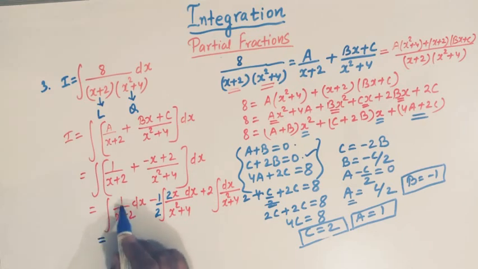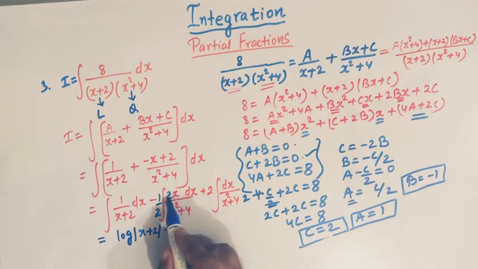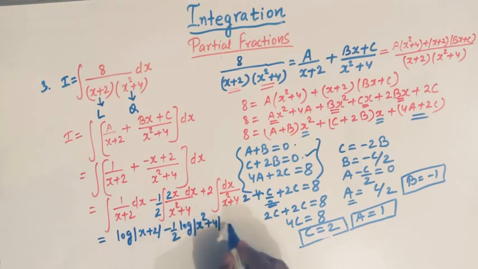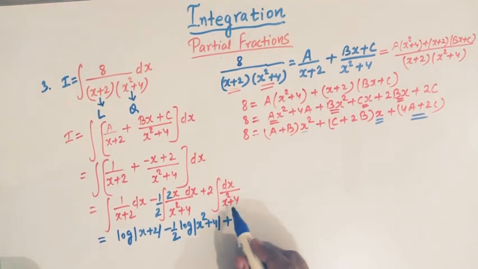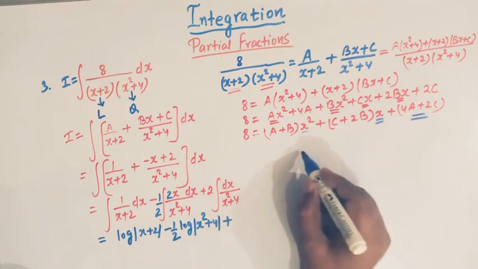So now the integral of 1 over x plus 2 is log of (x plus 2), then we have minus half, and the integral of 2x over x square plus 4 is log of (x square plus 4), and then for this we have 2 times, actually this integral becomes